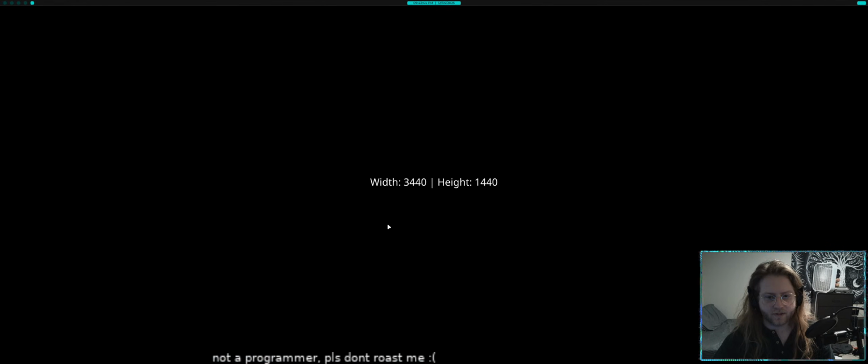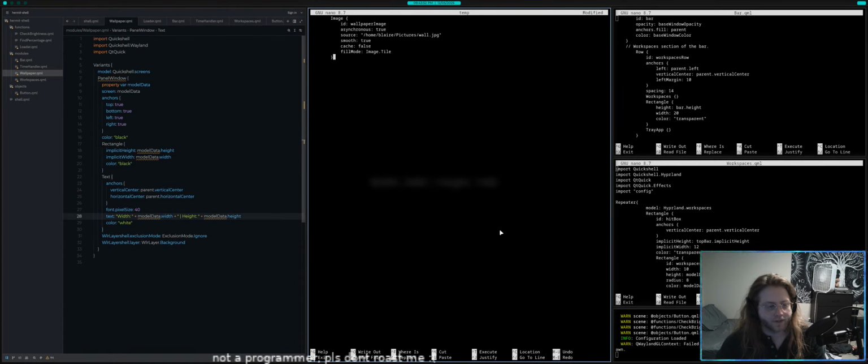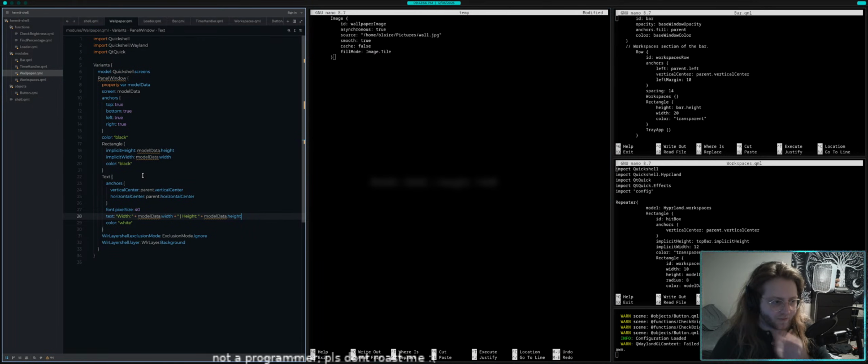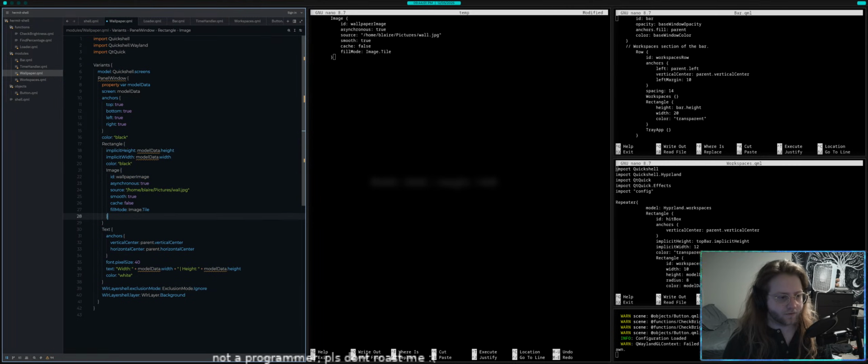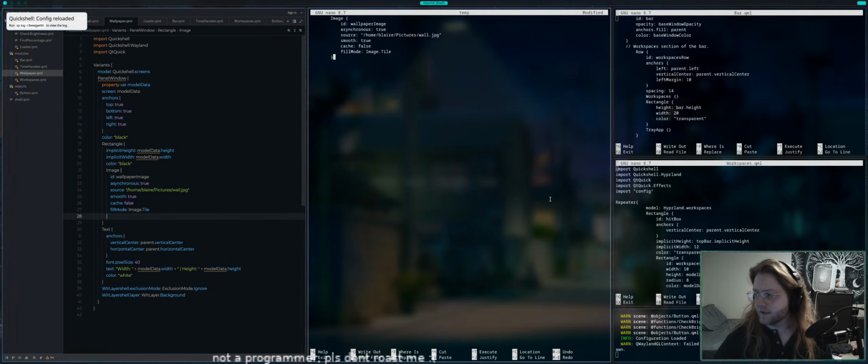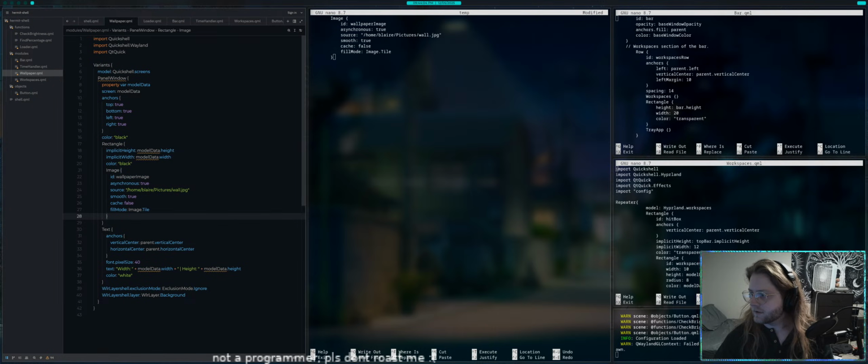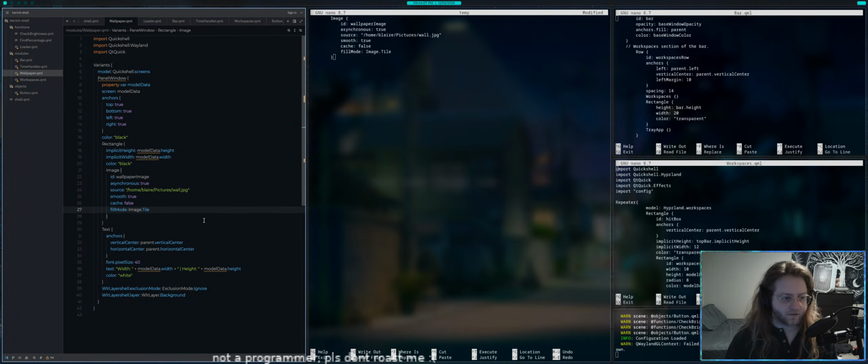Okay, so if we set this, okay, so that is correct. Is it correct on this one? It is correct on that one as well. Okay, so I think that just may be the way to go about it. So in the rectangle, we will put our image, and we will set this to image dot stretch,